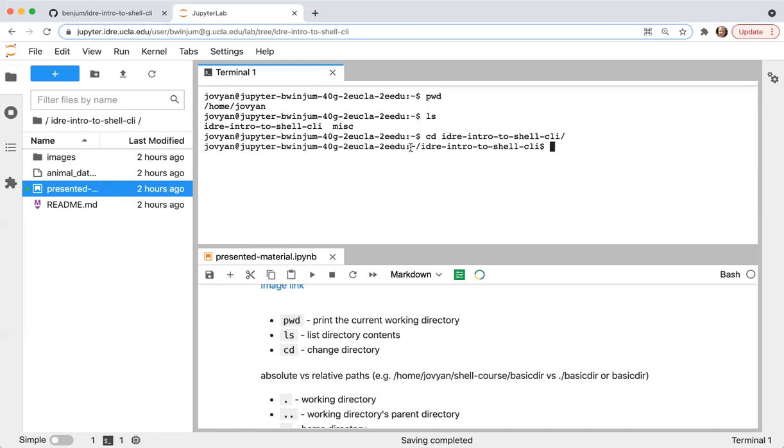now you'll see that the prompt has changed. This is telling me that now my working directory is different. This here is telling me what my working directory is. The tilde is just an abbreviation for your home directory. So say I want to change into my home directory. I could do cd space and then this tilde.